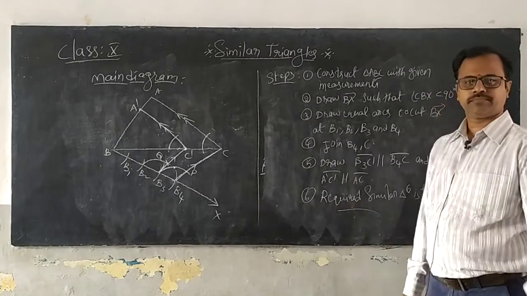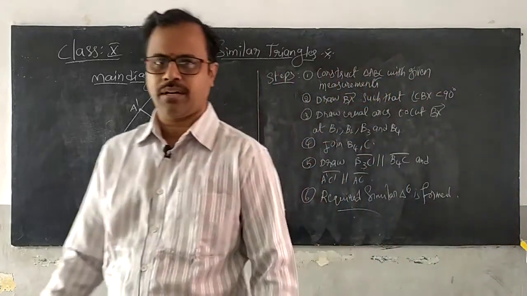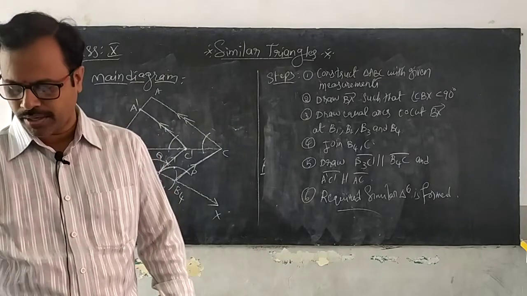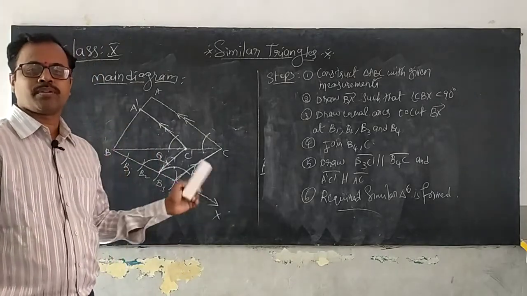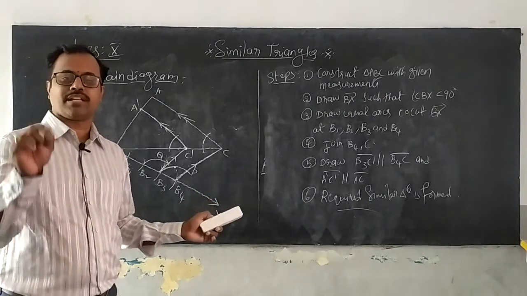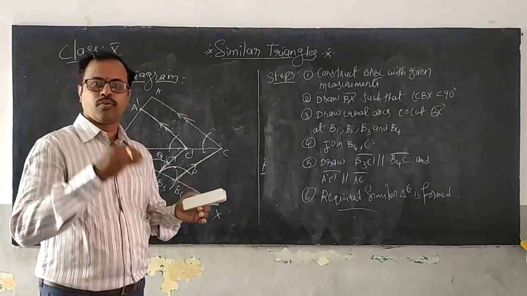Right guys? Now practice this one and do the first question in your exercise 8.2, that is 10th question. Same model, 10th question, you must be very careful that the ratio given there is 5/3. So you have to write that one and observe who is 5 and who is 3.